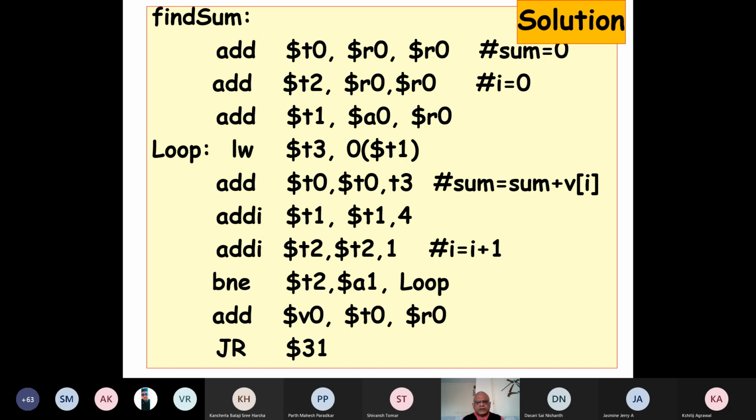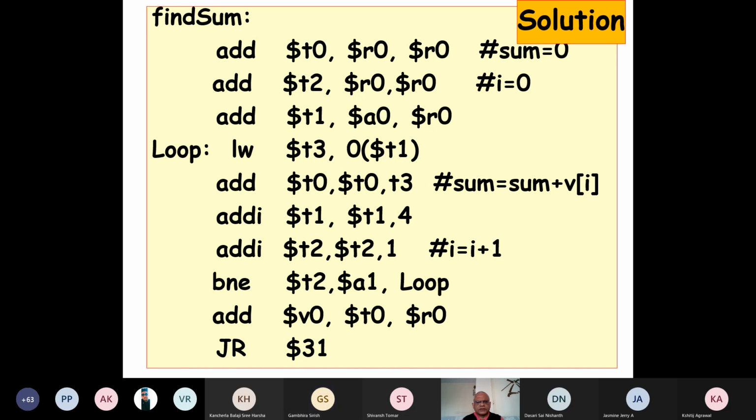Now, are you there? I'm just randomly asking. Can you just tell me why we added 4 to T1? What does it achieve? Each word is 4 bytes of data. We are going to the next 4 bytes of data. No, why did we do this? What does it achieve?